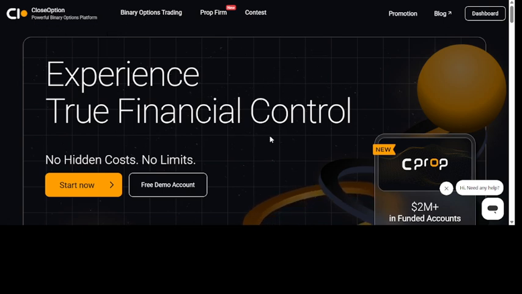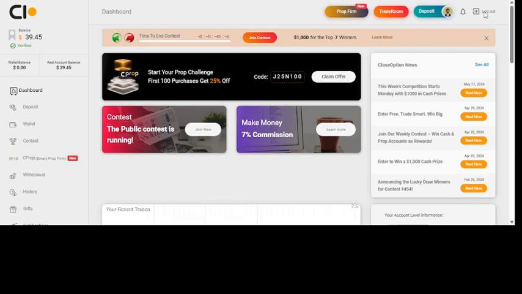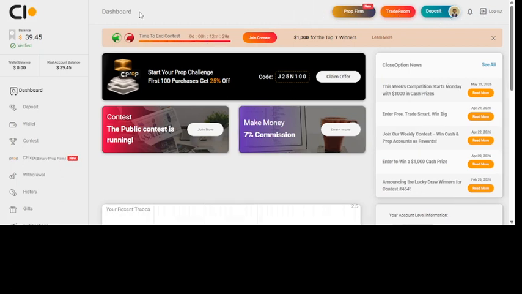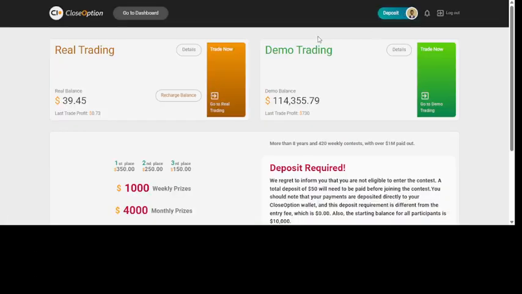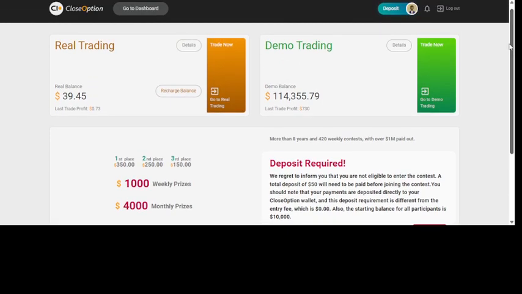This is the interface. Let's go to the dashboard here of the platform. This is the trading dashboard. I have a couple of dollars in the account currently, but we're going to be trading on the demo platform here. Pocket Option has 3 different platforms available. They have a demo trading account, they have a real trading account, and down here is the